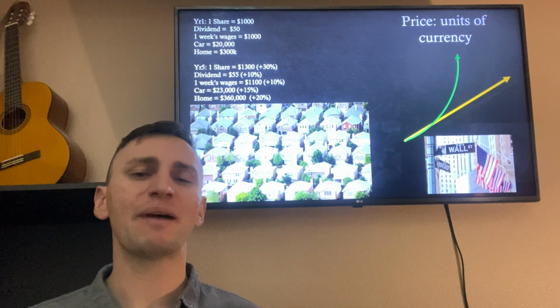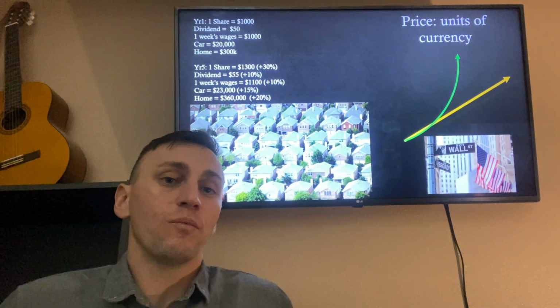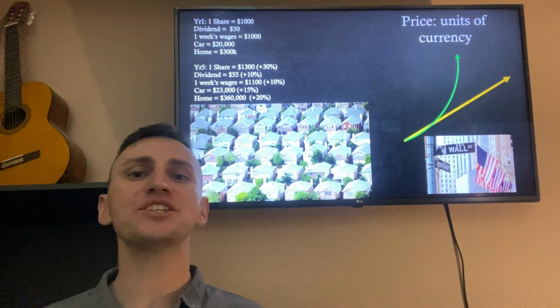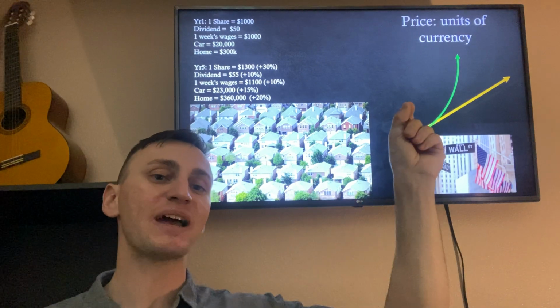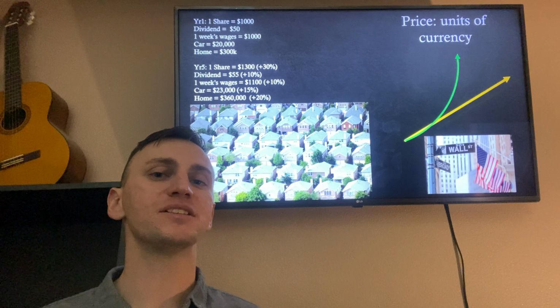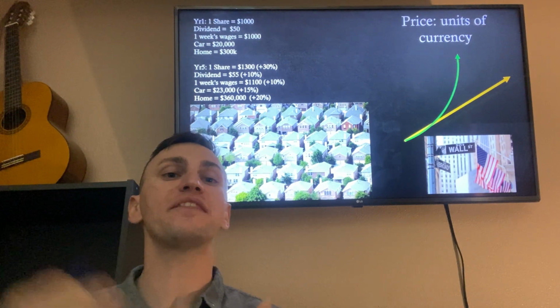The dividend goes up by about 10%. So the dividend, you're less incentivized to be really strong on the dividend because, hey, why would I need to pay a high dividend? The price is going up, right? And then the week's wages don't necessarily keep up because every time inflation spikes, your wages go a little bit down. And the wages don't really keep up because your wages might go up next, but you have a year to wait, and then you have to negotiate.